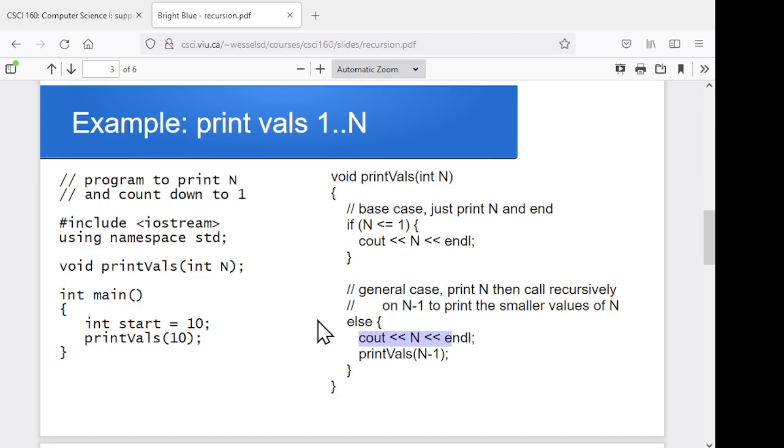So in this case, this should go through and print out 10, then 9, then 8, and so on. Eventually it makes a call to print vals 1, prints out the 1, and ends. And at that point it kind of unwinds. The call to print vals 1 ends and returns control to print vals 2, which ends and returns control to